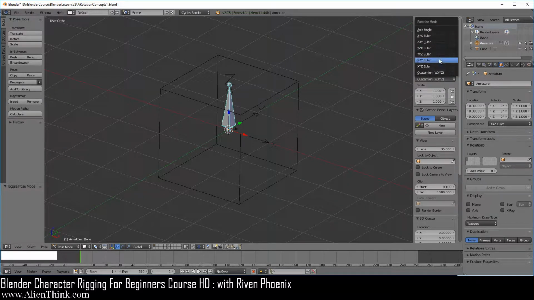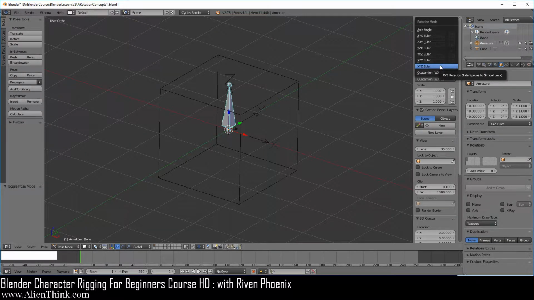We of course are going to understand how these concepts work. If you are using Blender and you only want to model 3D objects so you can render out a picture, the rotation mode is not going to pertain to you. You're simply going to leave all your objects on XYZ Euler. This again has to do with animation.